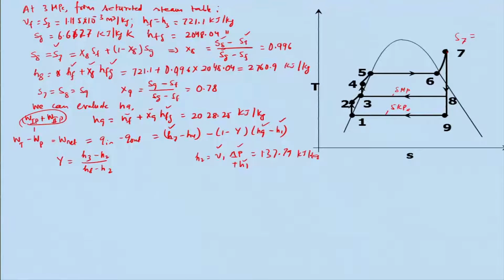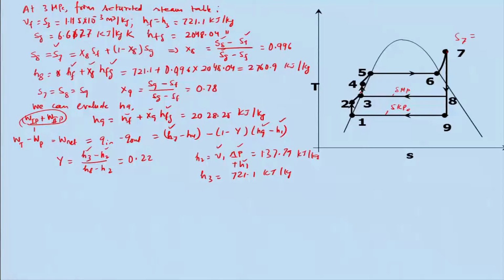So, H8 is known to us, and S3 is also known to us, right, because that will be a saturated condition with that. So, if you get the S3 is equal to 721.1 kilojoule per kg, and this is known, and all these are known. So, you will find out this is basically 0.22. So, if I know this thing, right,